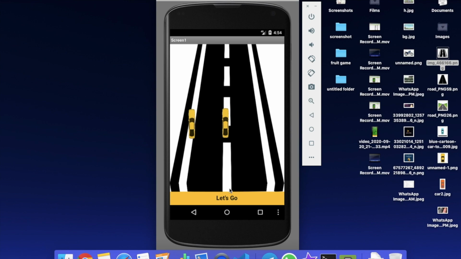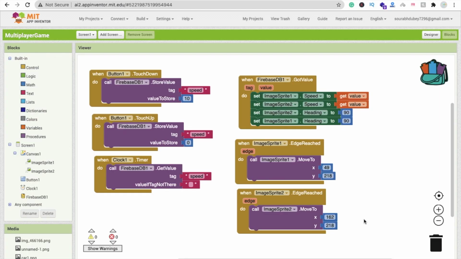You can move your direction x and y value, and whenever click on let's go working, let it go, right? That's your multiplayer game. Using this method you can create your own multiplayer game. I know that's really very easy and basic, but it takes a lot of time and a lot of time on R&D how we can create this app. Okay, it takes around my 2 days. How can I make this type of game? How can I control car using one device, and how can I manage another device?